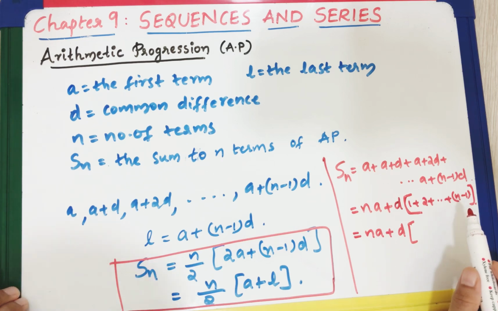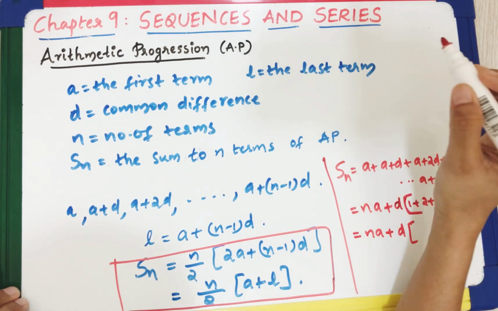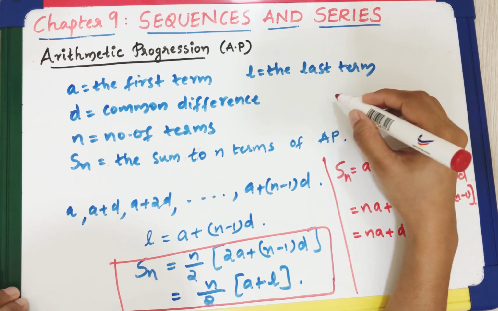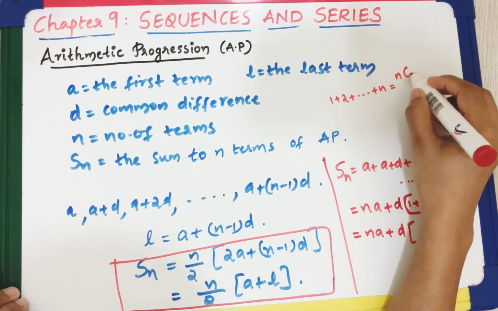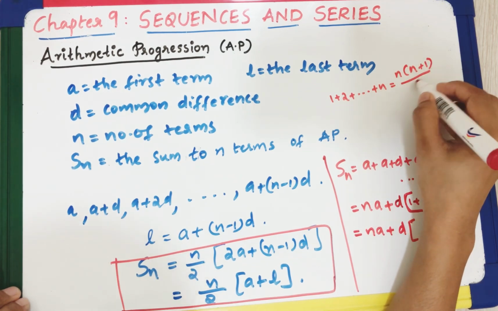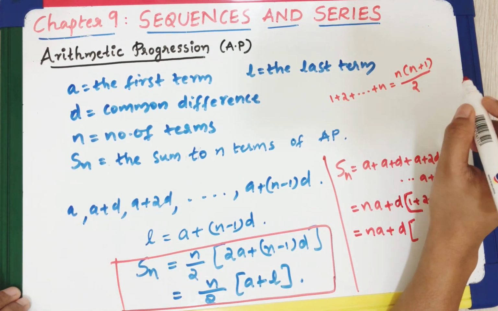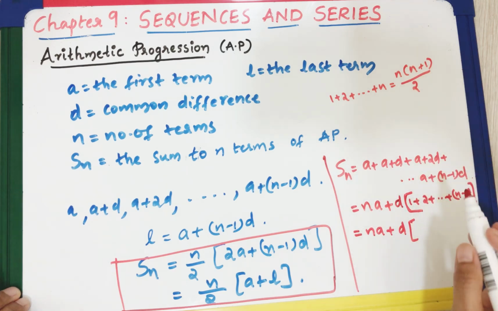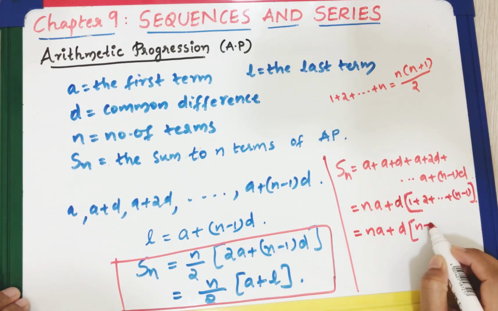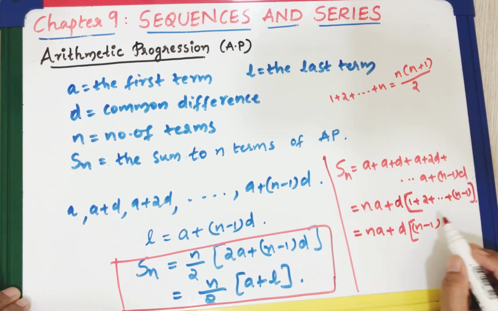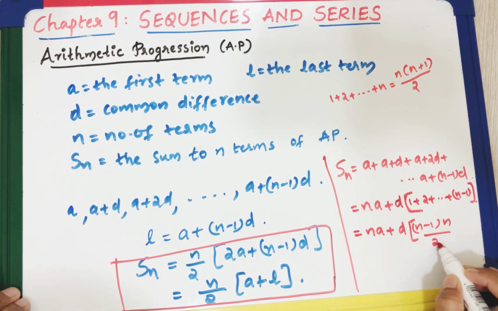We know the formula for the sum to n terms of natural numbers: 1 plus 2 plus etc. plus n is equal to n into n plus 1 by 2. You already studied this in your lower classes. So we can substitute here, instead of n, we have n minus 1. n minus 1 into n minus 1 plus 1 is n, by 2,